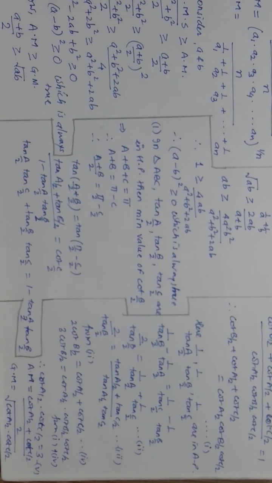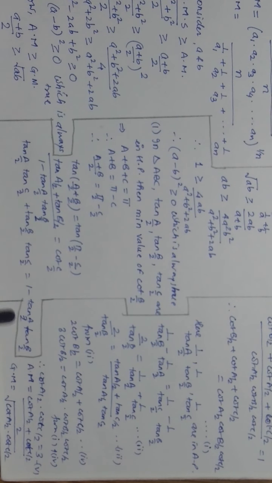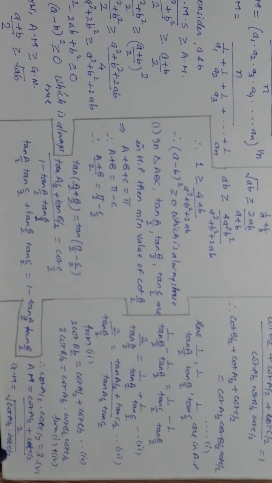Now before turning the page I would like to show you here only, so that I don't need to turn the page. So here you can see the arithmetic mean you got as cot A by 2 plus cot C by 2 divided by 2. It is the arithmetic mean of two numbers cot A by 2 and cot C by 2. Now you can see this relationship already in your fourth statement, that cot A by 2 plus cot C by 2 divided by 2 is equal to cot B by 2, means the arithmetic mean is nothing but cot B by 2, which I wanted. So I got it. On the left side I will get cot B by 2, and on the right side I will get under root cot A by 2 into cot C by 2.